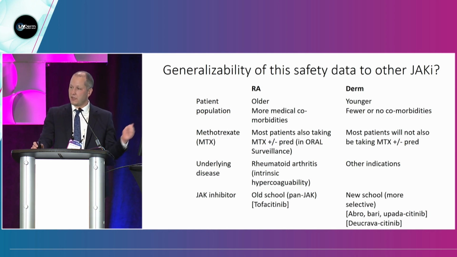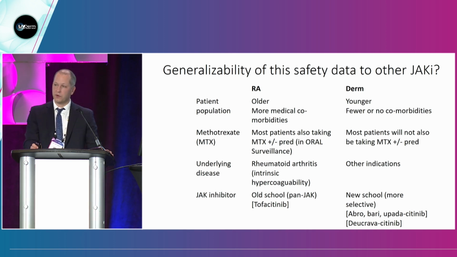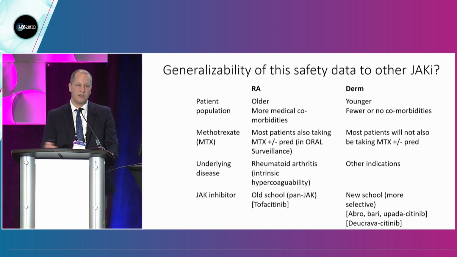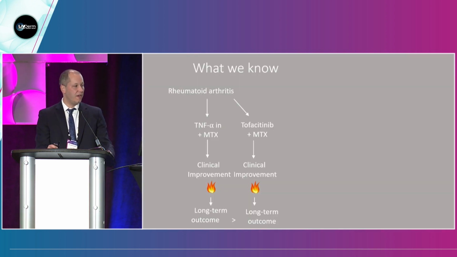Also, this is a study that was done with an older JAK inhibitor, tofacitinib, and so we certainly have newer, more selective JAK inhibitors, which so far have not shown these safety signals. We'll have to wait and see. Again, it's important to point out that during the original RA studies with tofacitinib, we also didn't see these signals, and it was only these really long-term studies that did reveal this data.